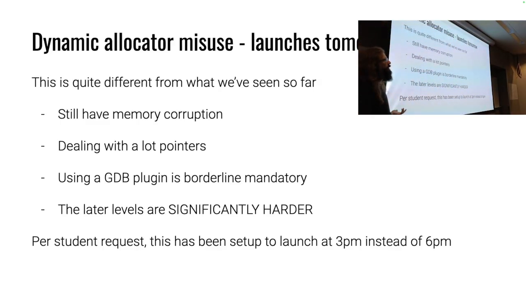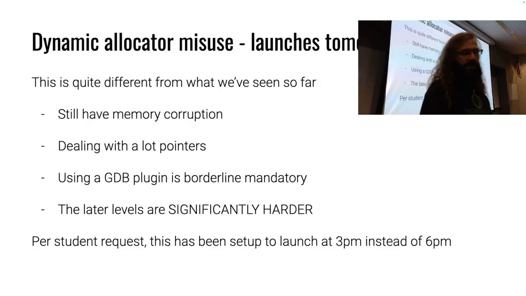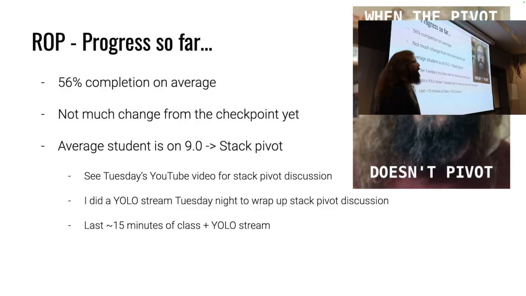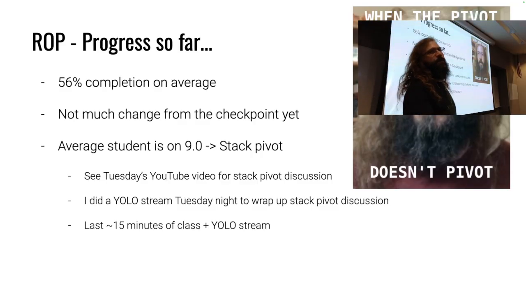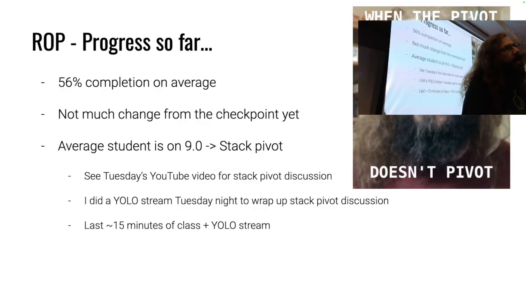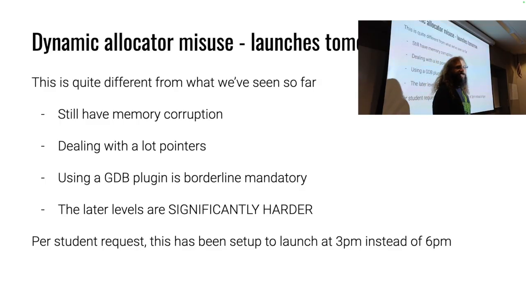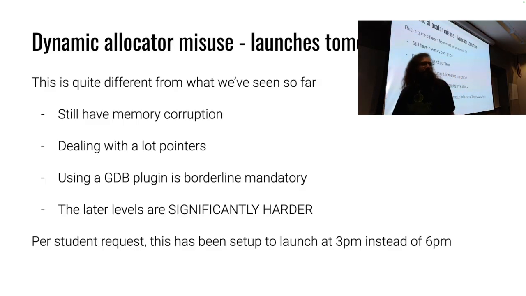One of the things that people asked about ROP was, all right, well, what if there's a canary? And there are some challenges in this ROP module that have a canary, right? But they're also fork servers, or they give you some arbitrary read primitive. They're like, give me an address and I'll tell you what's there, right? It's cute, but that isn't necessarily what happens in